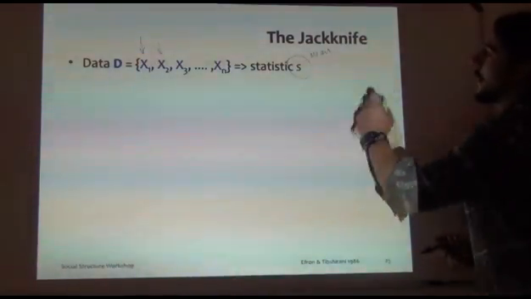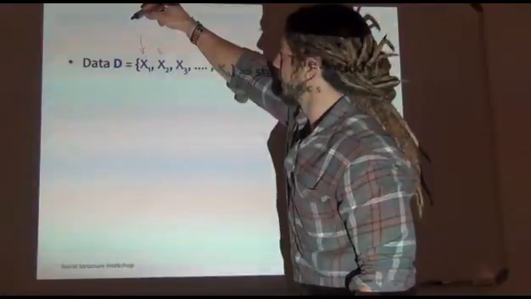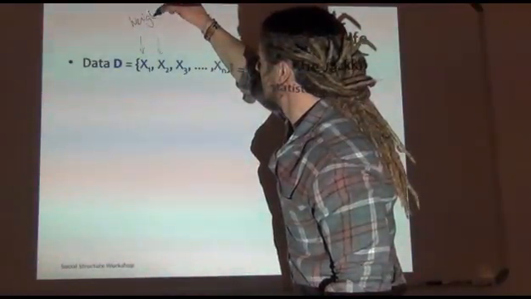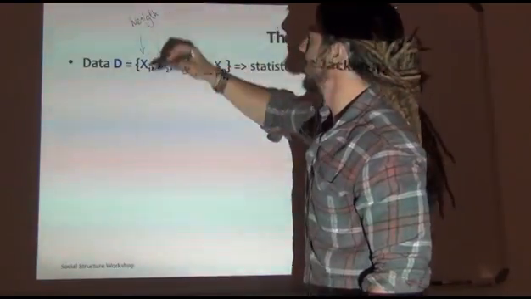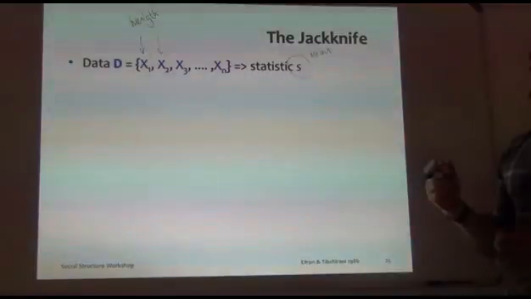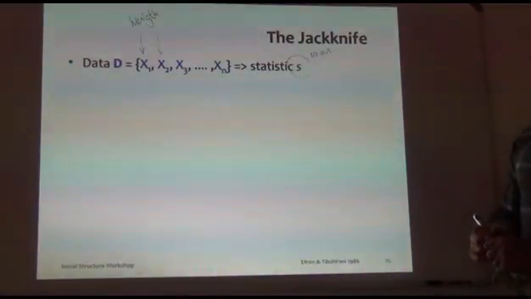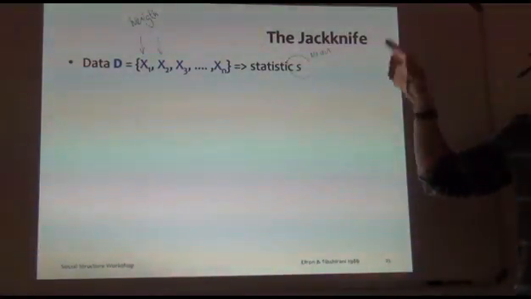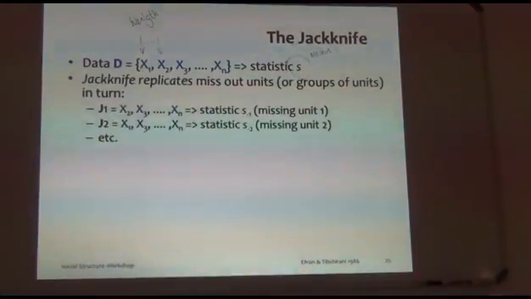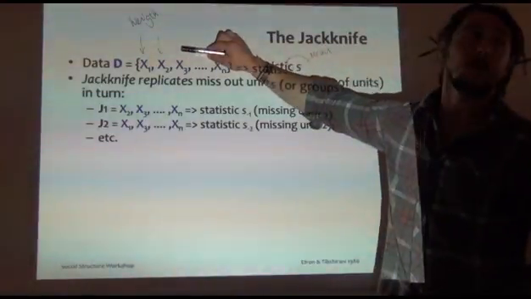Let's call the mean. So we collect a bunch of, I don't know, weights of some individuals, and you have the mean value of it. Now we want the standard error around this mean value. One way of doing it, we replicate our data,